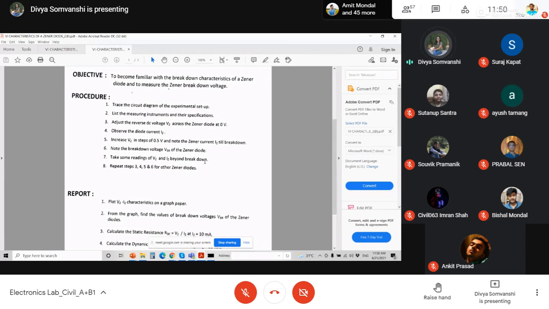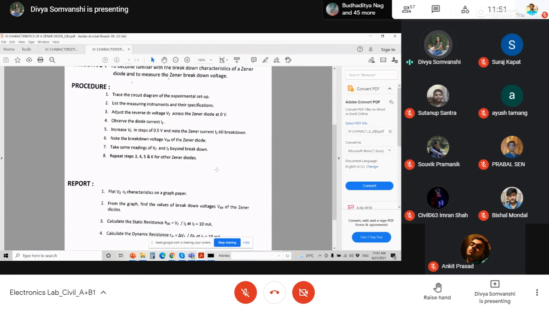Normally in the experiment we get two Zener diodes of two different Zener voltages, right? You already have the information that one Zener diode has a Zener voltage of 6 volt and one Zener diode has a breakdown voltage of 12 volt. Accordingly, you can see that around 6 volt the Zener breakdown happens. Then at that voltage you have to increase very slowly so that you can measure the exact reading.